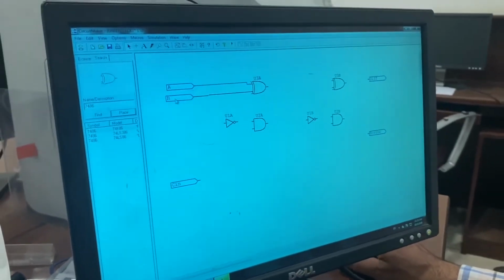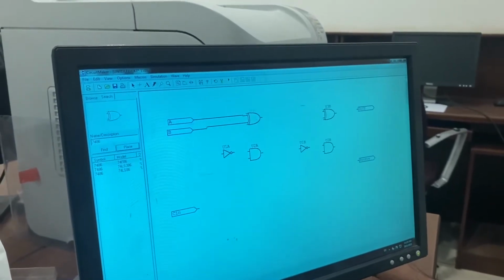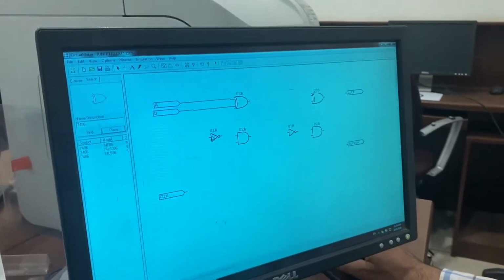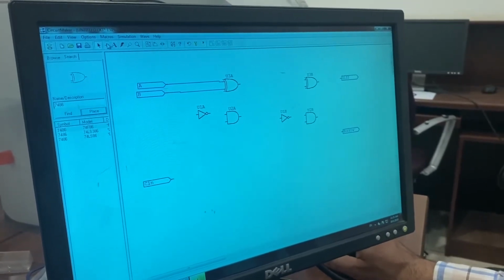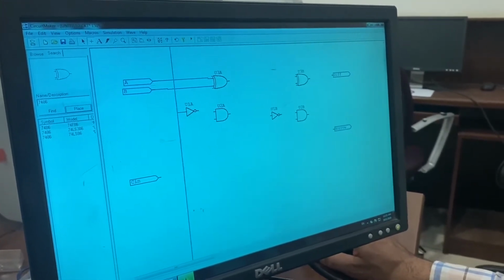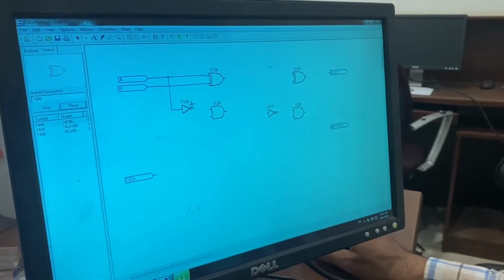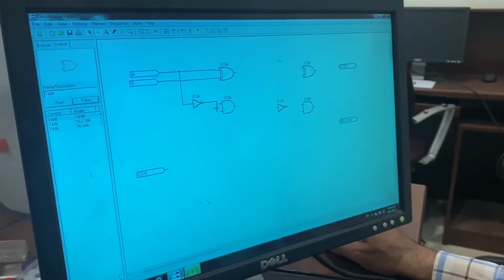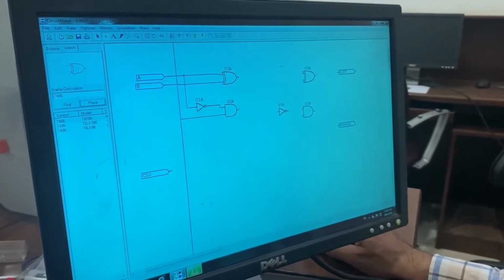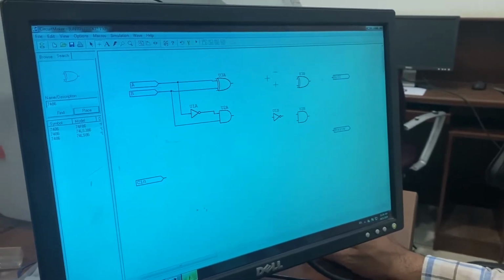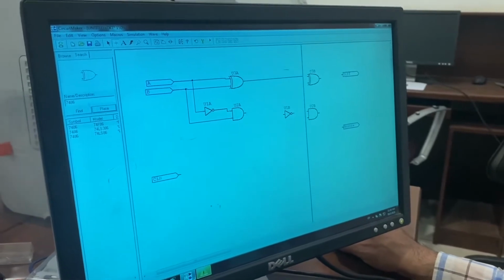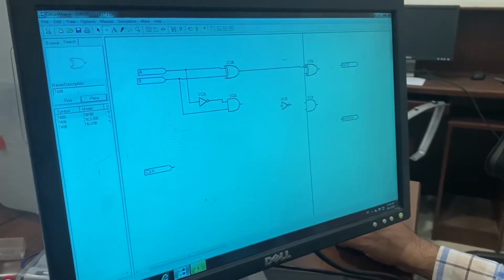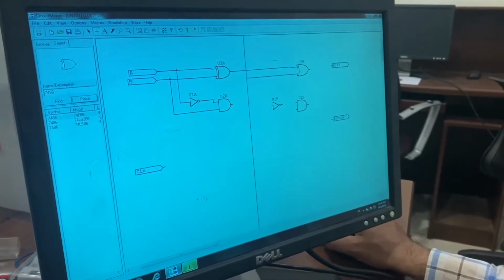Now again this one and this one, I will connect this one to here, A. And this goes to here because we are going for a full subtractor. This is the half subtractor. Now this one from here to here you have to connect, and this goes to here.